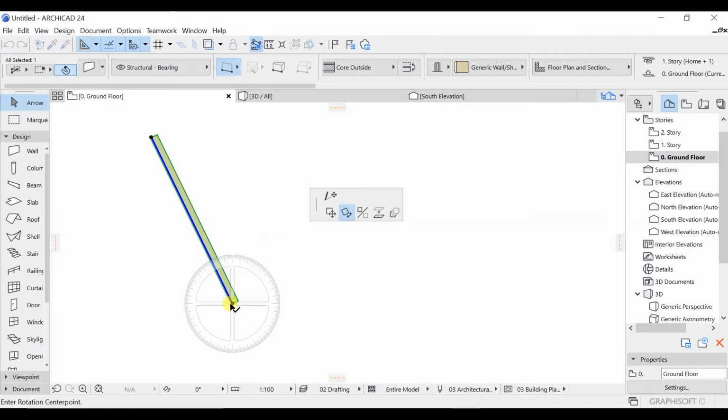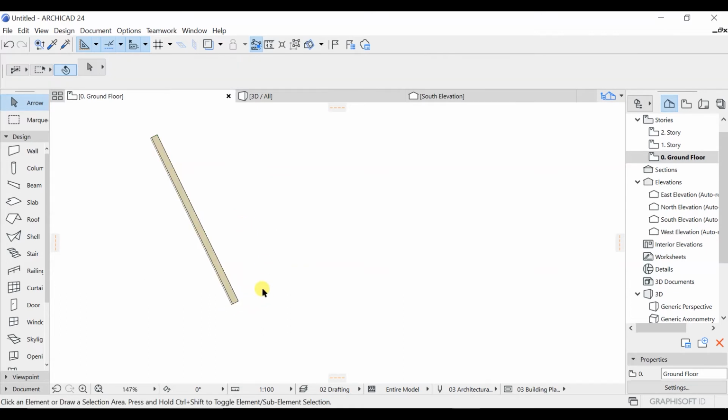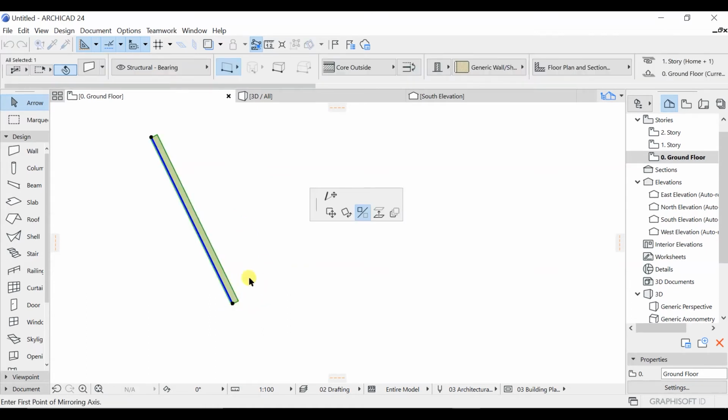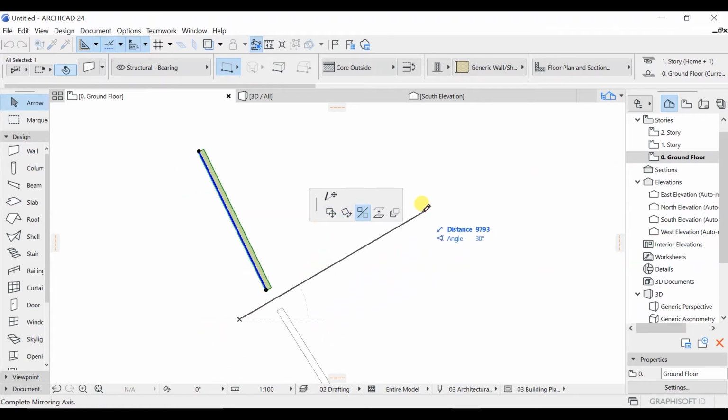Or what you can do is you can just single click here, and you just simply need to go to this mirror option. Let's say you want to mirror this one, so you have to click the point. Let's say I will choose this point, and you can mirror it like this. As you can see here, let's press escape and let's click on this one here. And now let's say you want to mirror about this line, you can mirror it this way as well.